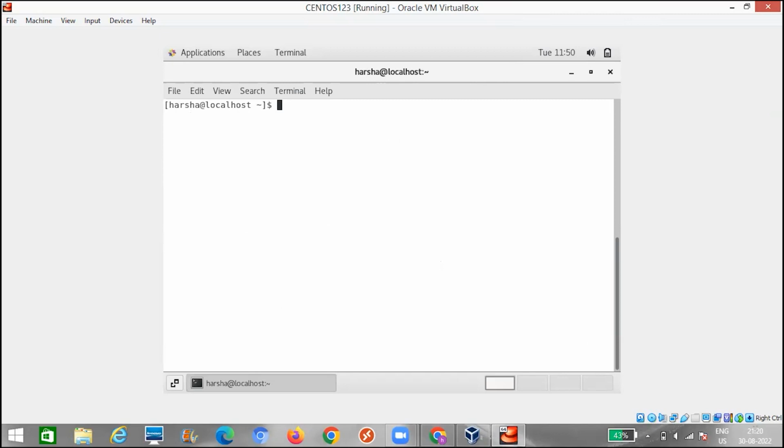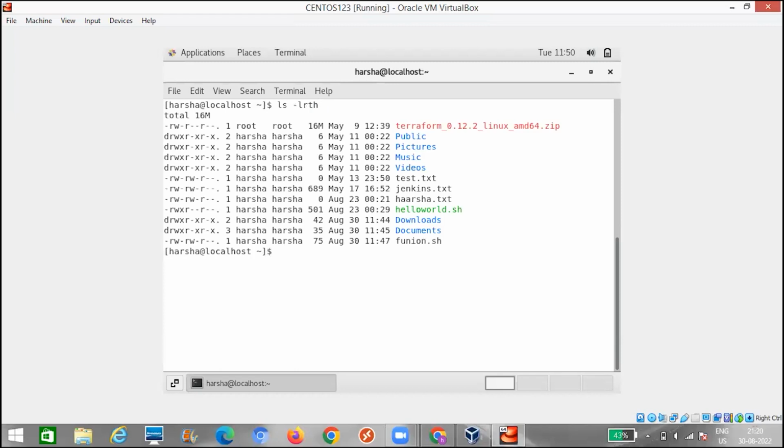While talking about file permissions, let us use the command ls -lrth. Here, if you see, there is a set of permissions that are represented for a given file or a given folder. For the directory public, we have a set of permissions: read, write, execute, RWX, read-execute, and read-execute. Similarly, for the file text.txt, we have a set of permissions: read, write, and hyphen, which means it doesn't have permission to execute.